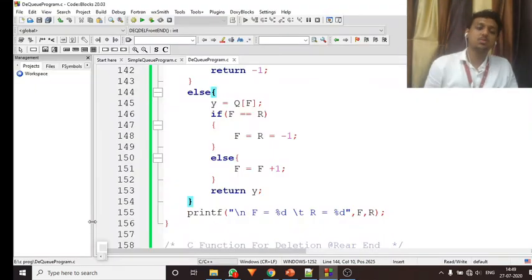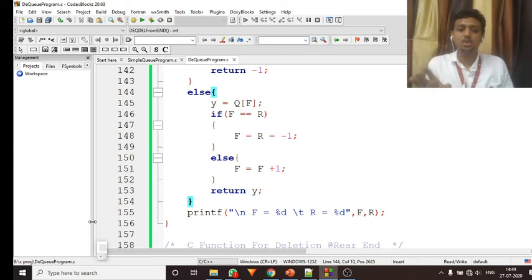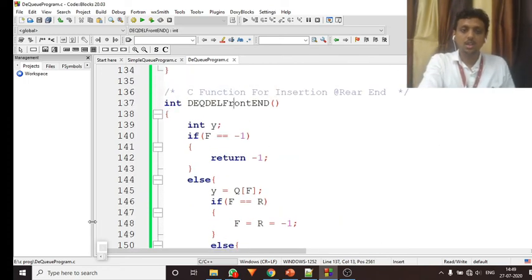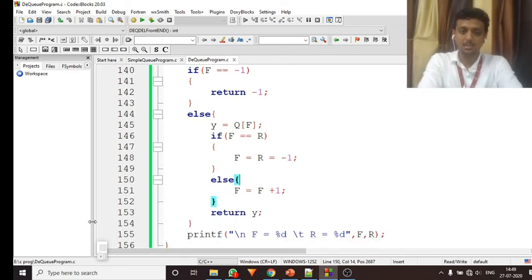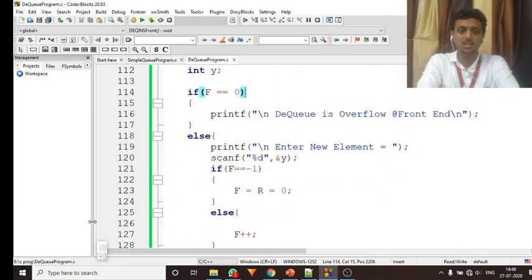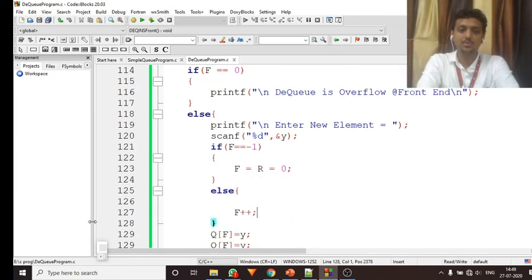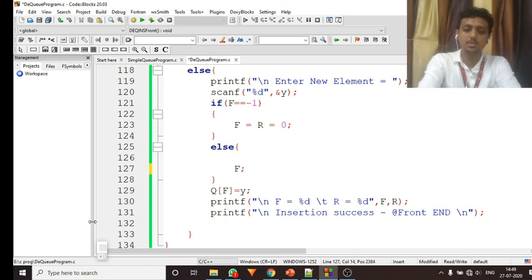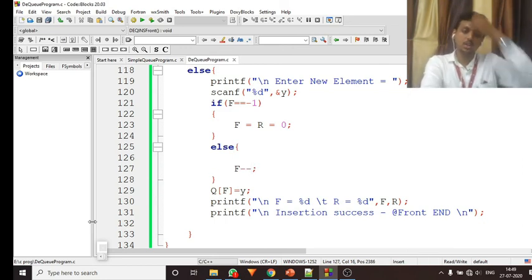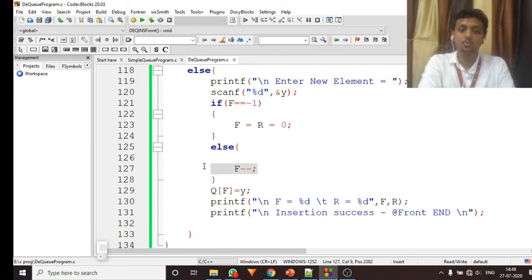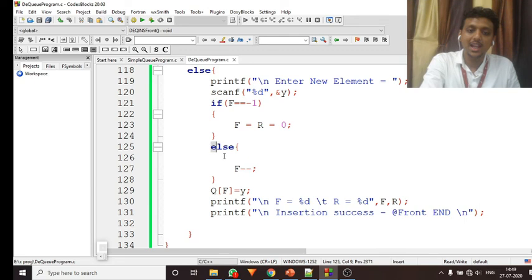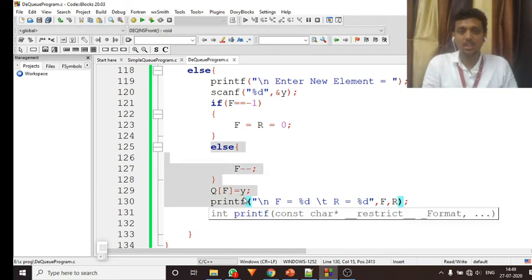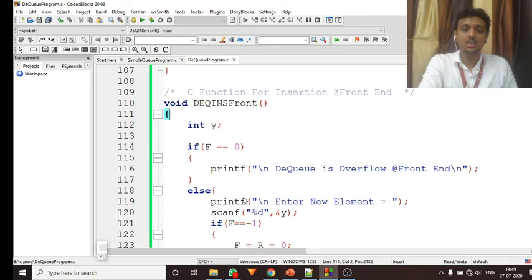So like this, students, you can easily print out your queue. If you have any doubt, please feel free to ask me in any lecture. See, this is the queue, insert at front. Here, insert at front should be at minus. Make sure you clear this, where our function is working, because we did not delete and insert like this. So make sure in the code it should be F minus minus, where in the queue we insert at front.